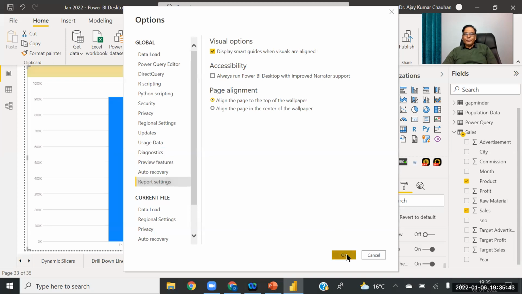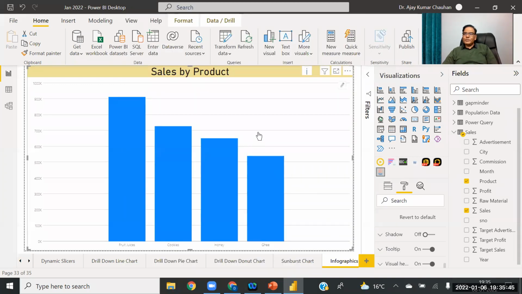Report settings. Yes, in report settings we must have some options. In basic charts we have all the facilities, but in these expert charts we have limited facilities. Nothing is coming up.